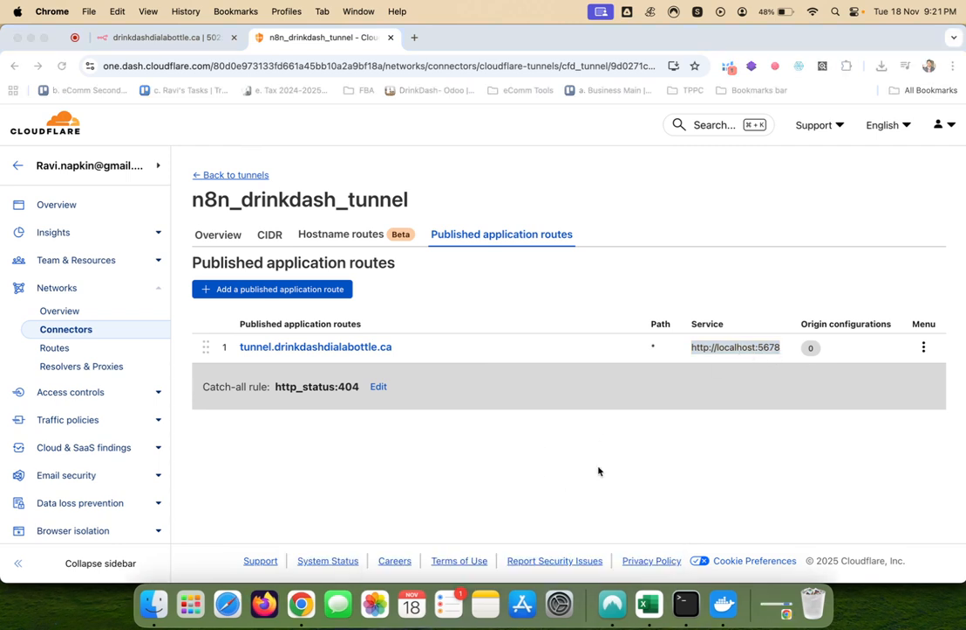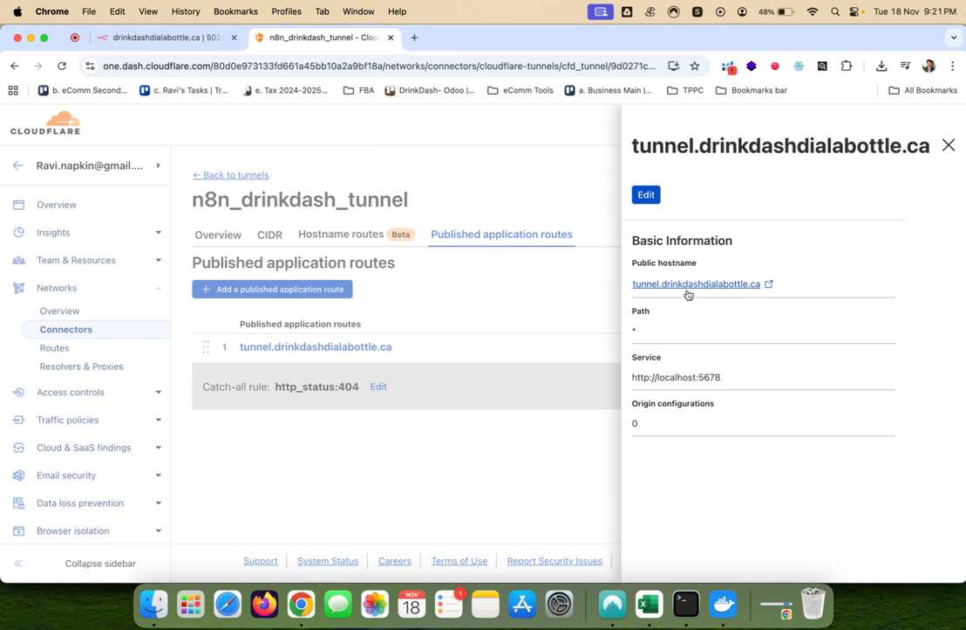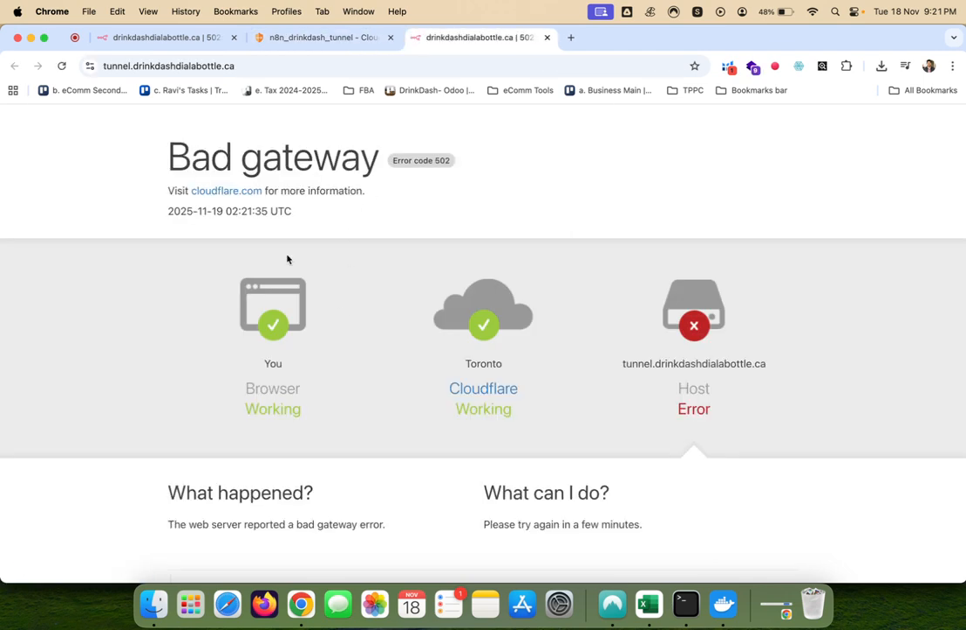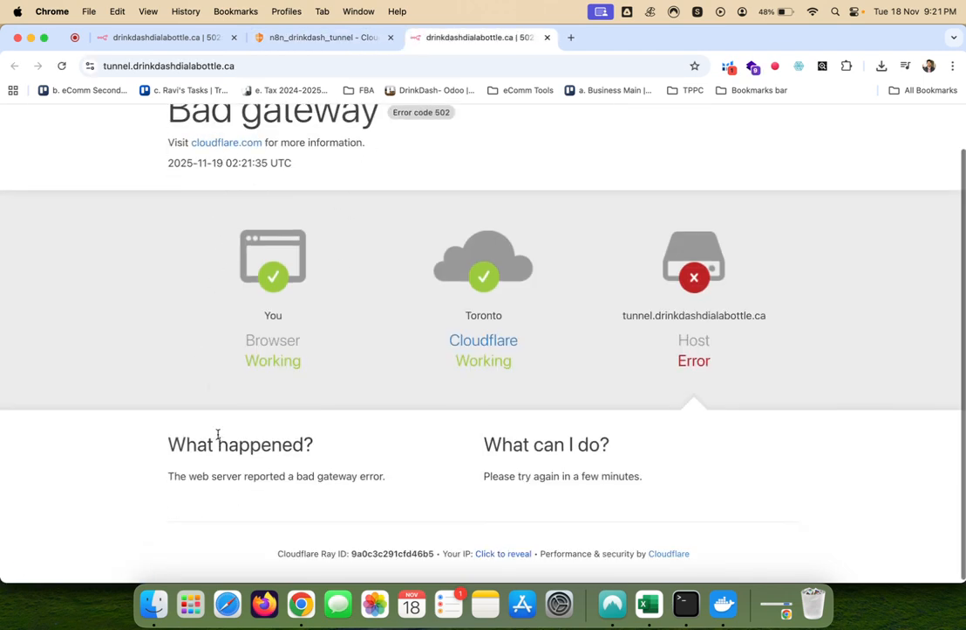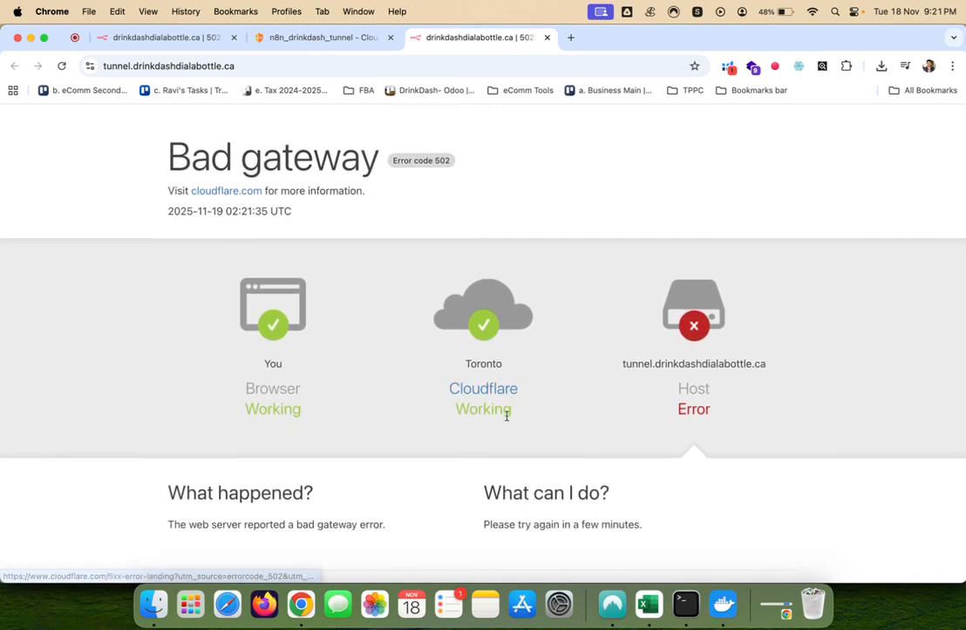And if I'm trying to visit this link or run it, it's giving me an error which says bad gateway. Check browser, Cloudflare is working, just the host is not working. So in order to fix this, it's a very simple solution. And sometimes when we are doing it for the first time, the possibility of missing this setting is